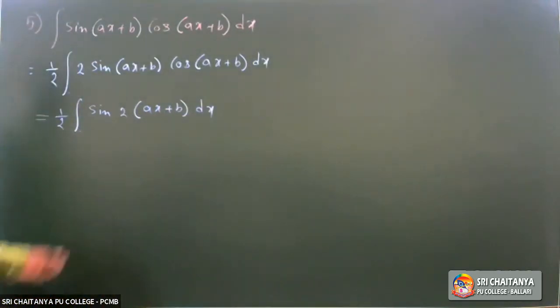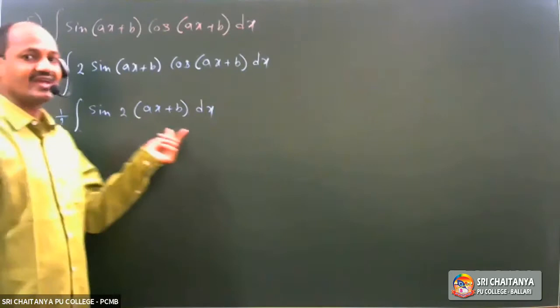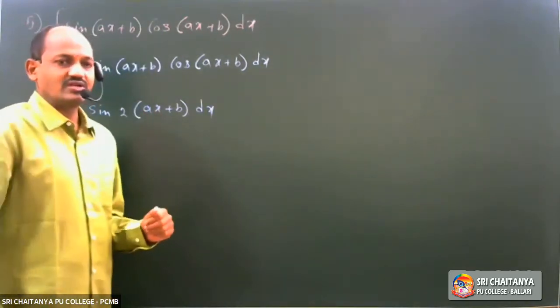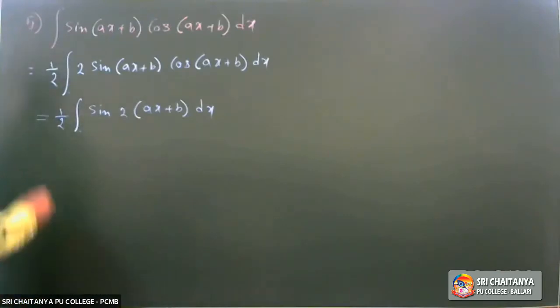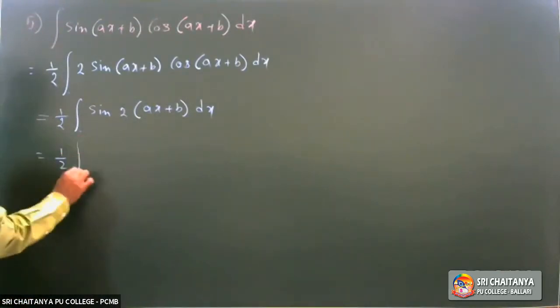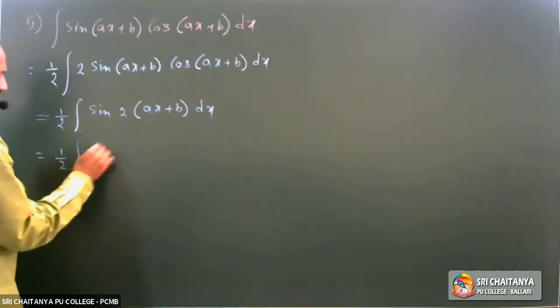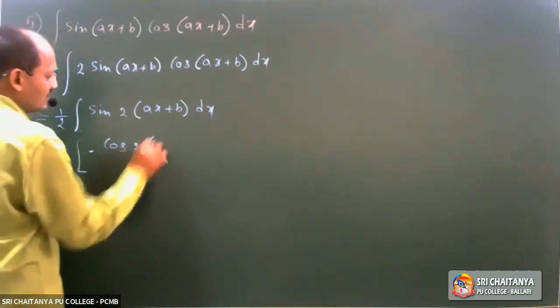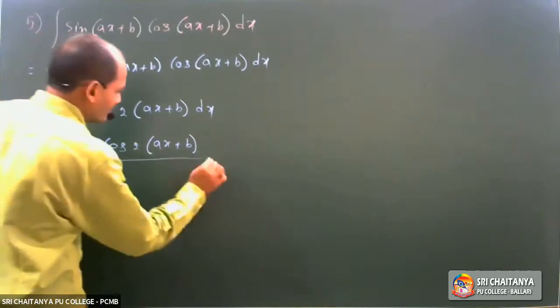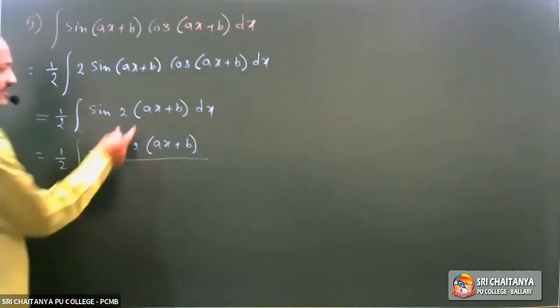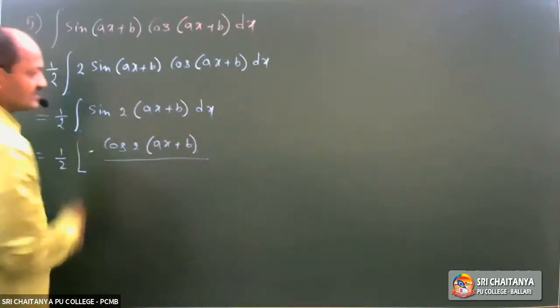Now it is the integral of sin x form. What is the formula for the integral of sin? Minus cos. So 1 by 2 into minus cos 2 into ax plus b, divided by the derivative of 2ax plus